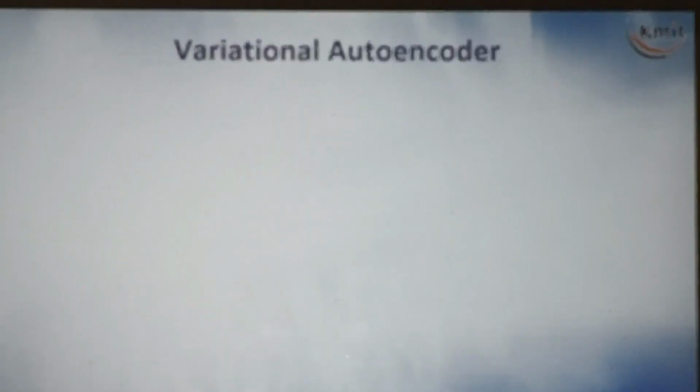Right? Now let us enter into the variational autoencoder. This is the concept of original generative AI. Till now we have done simply convolution and deconvolution, that's it. But now, without any information of originality, if you want to generate images from random, that concept started from the variational autoencoder. What is this concept? Let us see here.